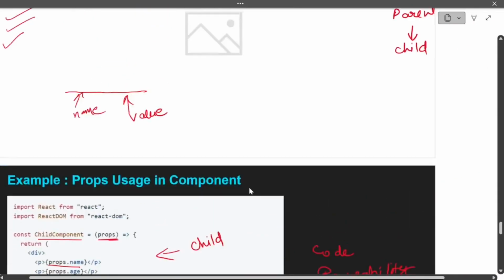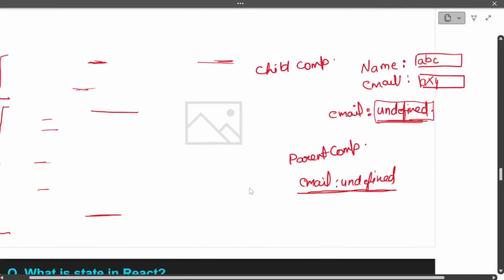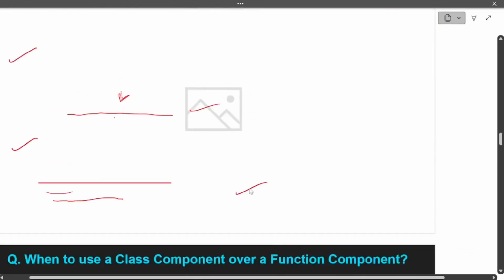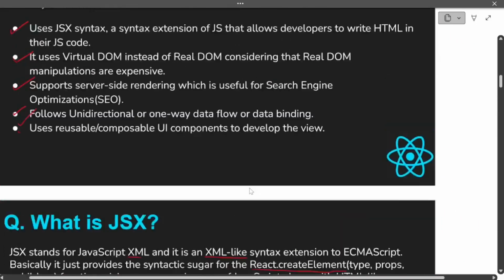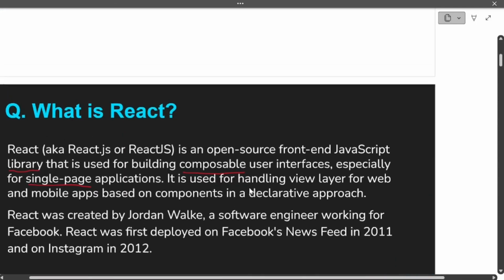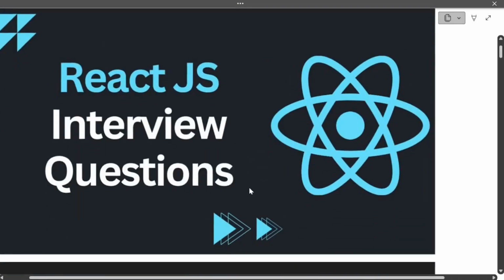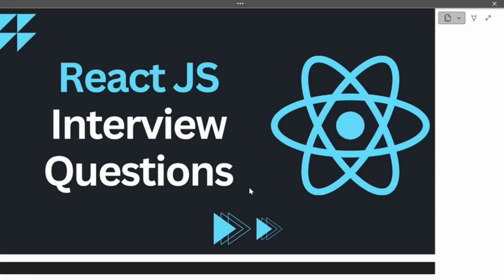So in this video, we have covered almost 10 questions, and if you have already appeared for some interviews, you might know that these are the core React concepts of your React interviews. As I told at the start of the video, we all know the answers and we have already used these concepts while writing code in our projects.